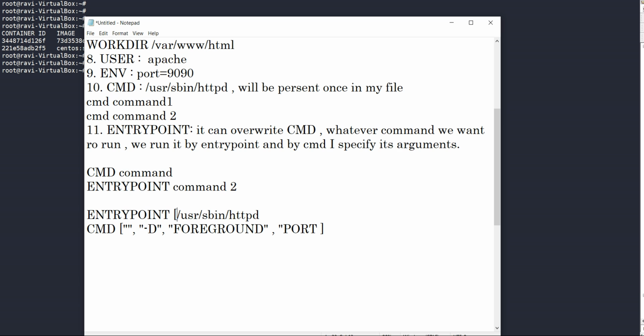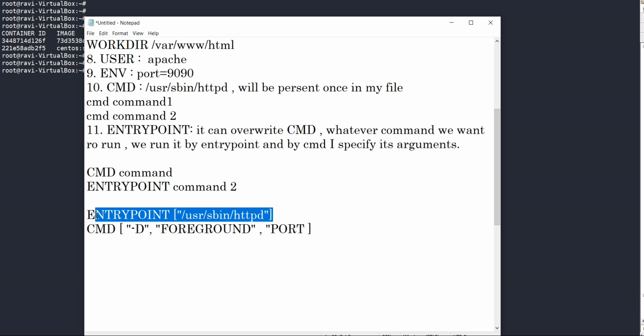In my CMD, I can write this, and my port part and the other things that can change, I can write using CMD. So ENTRYPOINT will become the actual static script you want to run, and the CMD will specify the parameters that you will pass to this particular ENTRYPOINT.